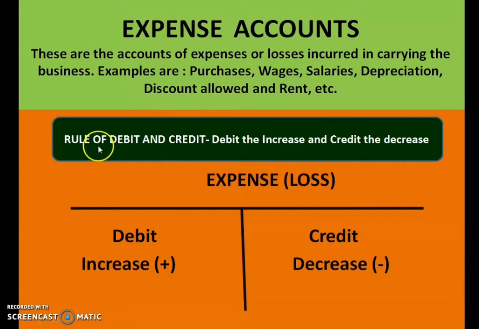Now, what is the rule of debit and credit for expenses account? You have to show this expenses account on the debit side if it is increasing. If your expenses increase, show it on the debit side. If the expenses decrease, you have to show it on the credit side. So the rule of asset and expenses is the same, and for liability, capital and revenue, the rule is the same. That way also you can remember these rules. Okay, so this rule you have to study by heart, thoroughly.